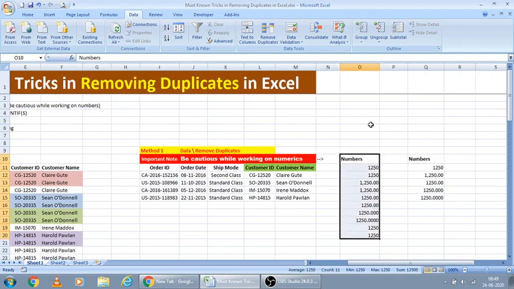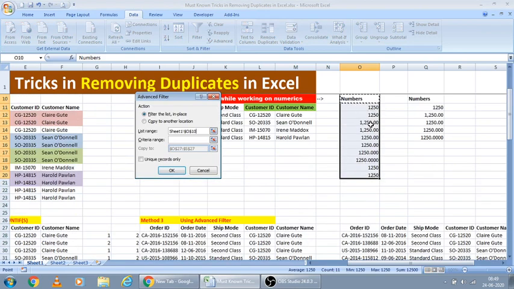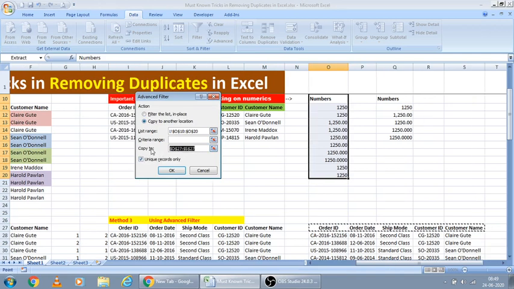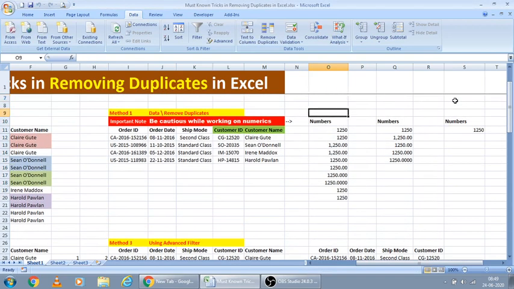For advanced filter also, select the data, copy to another location, take unique records. I'm just selecting the location here, and OK. In this method also it is treating all of them as unique records.